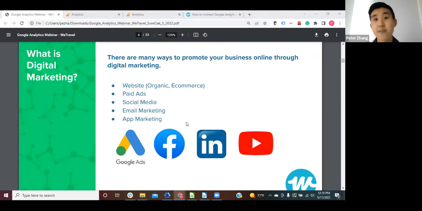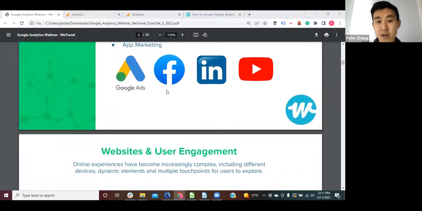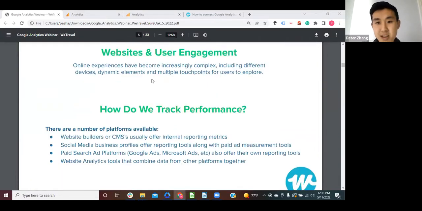And what happens when you get all of these people coming from different places is you get a lot of data. And as a marketer, it's kind of our job to bring together that data and connect it with your marketing channel so you can understand what's important and effective. However, even for someone that's experienced like me, it can be a challenge because there's so much data available. And so we're trying to paint this picture for business owners, for our clients, and even for ourselves to understand how people engage with the website with many, many touch points available.